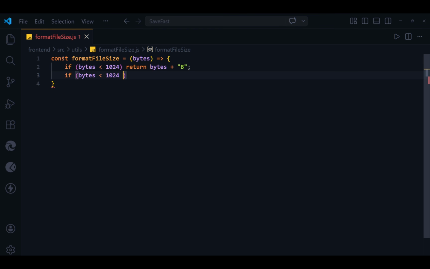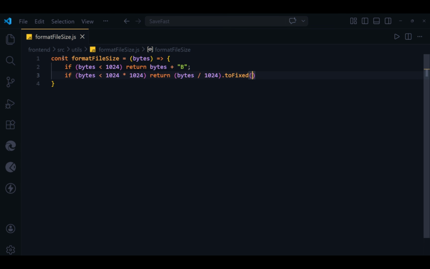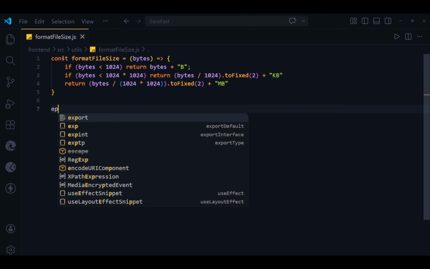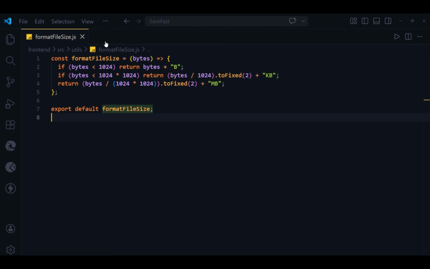If bytes is less than 1024 multiplied by 1024, we return bytes divided by 1024, with the result fixed to 2 decimal places using toFixed, concatenated with the string KB in uppercase. Finally, we return bytes divided by the product of 1024 multiplied by 1024, fixed to 2 decimal places, concatenated with the string MB in uppercase. Below this, we export formatFileSize. After this, we will close this file and open